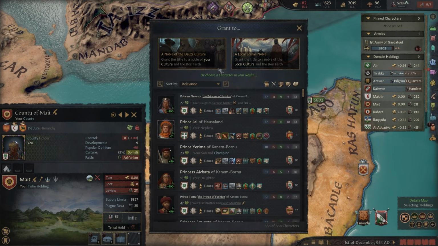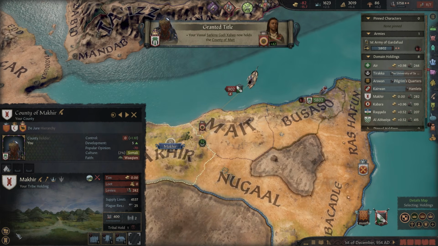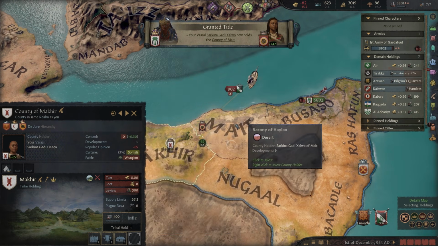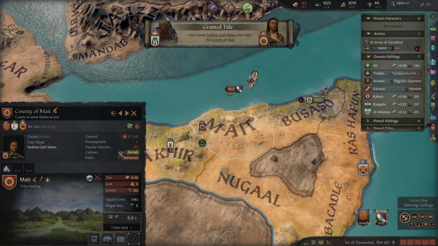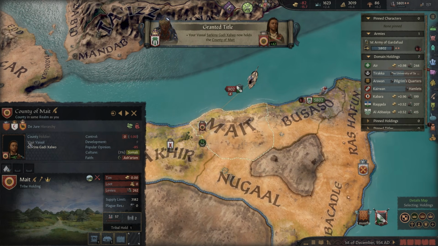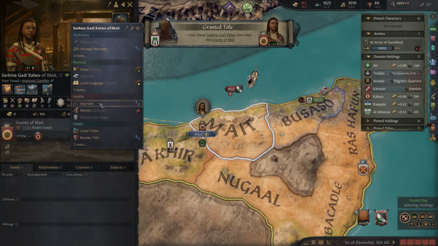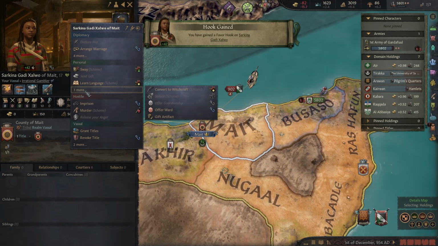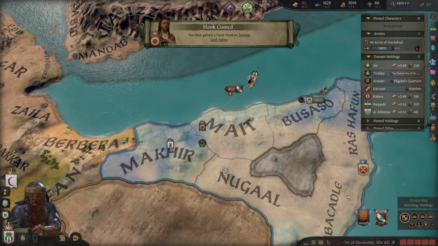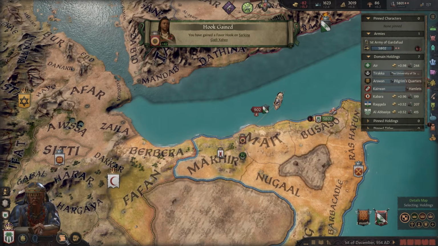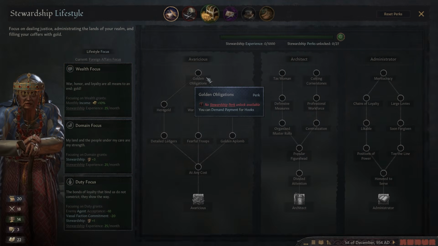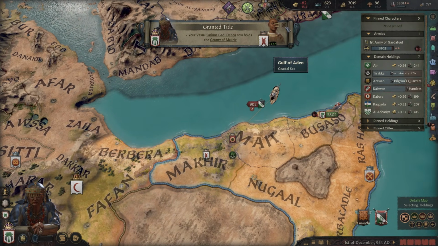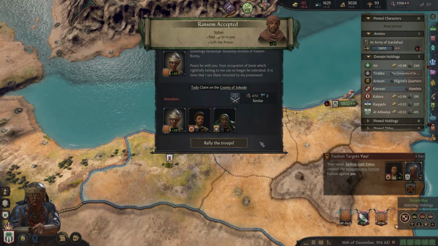I do want to feudalize all my land eventually, but that's okay. I'm going to give away these to Somali nobles currently, just because I would like to increase cultural acceptance a little bit and reduce the chance that there's going to be a popular revolt of some kind. And then, if I had the thing, I could get money off them as well, if they had money. By thing, I mean if I had golden obligations, I could get money from them. I might still be able to get that later if I take it, but anyway.